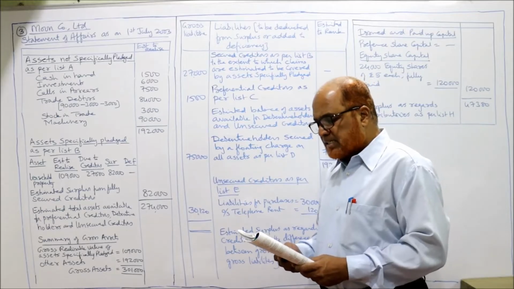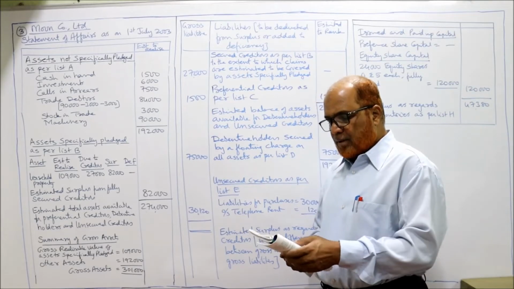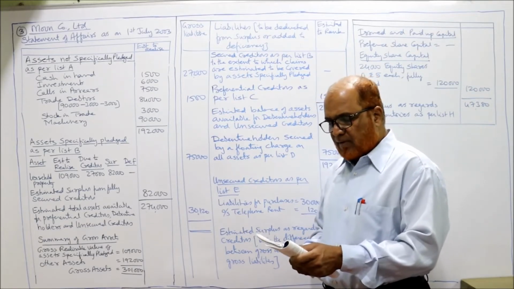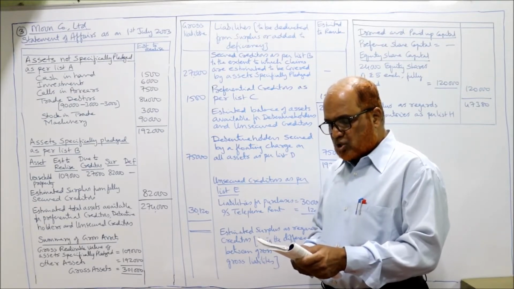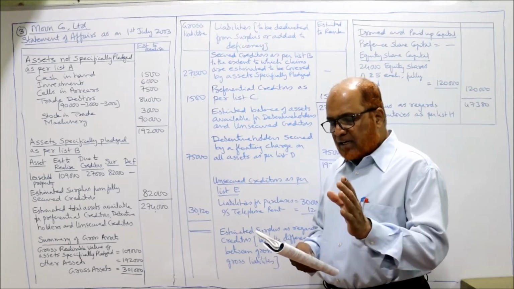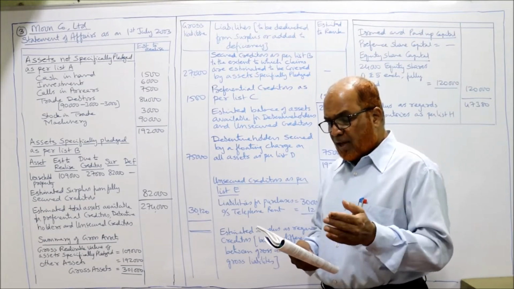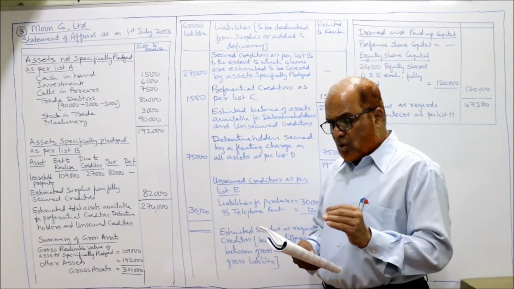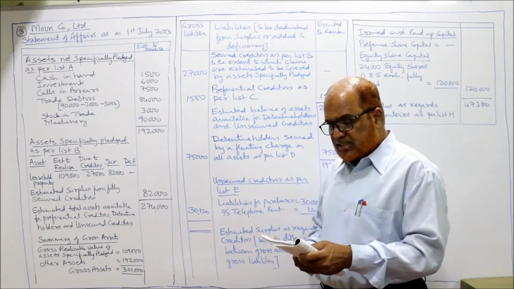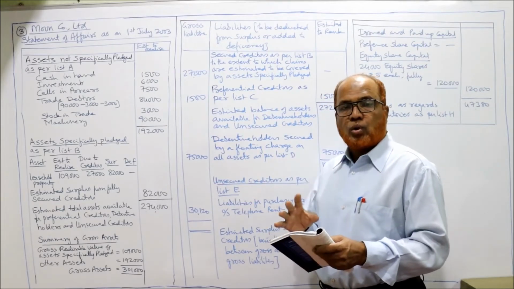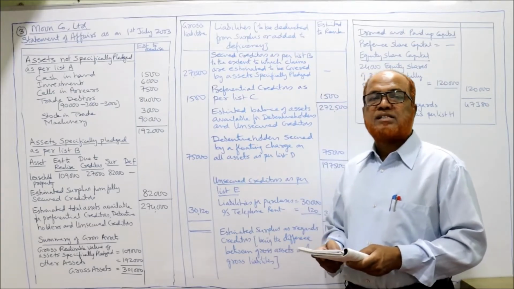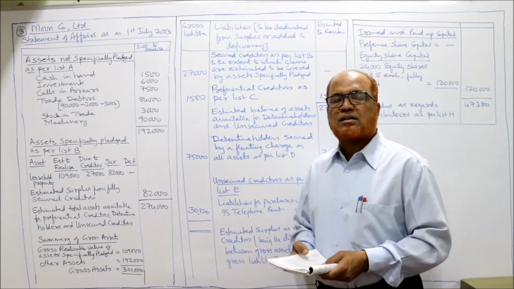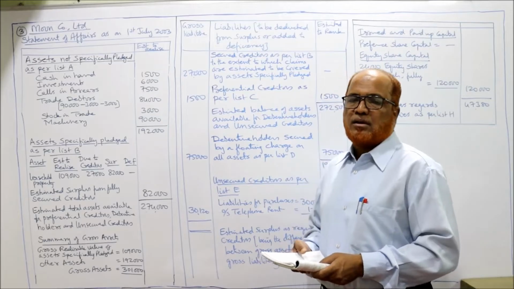The following assets are valued as under. Machinery realizable value 90,000. Investment 6,000. Leasehold property 1,09,000. Stock in trade 3,000. Bad debts are 3,000. And doubtful debts are 6,000, of which estimated to realize is 3,000. So total debtors, how much are the book debts? Book debts are given in the problem as 90,000. Book debts meaning debtors.